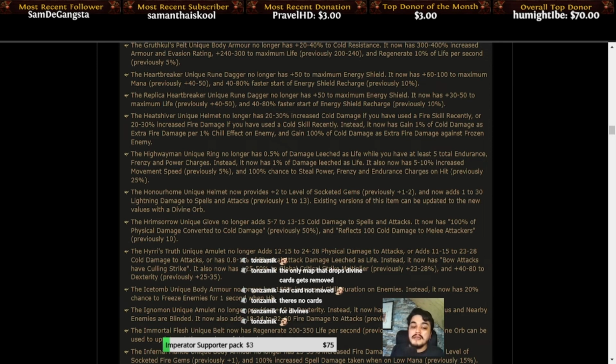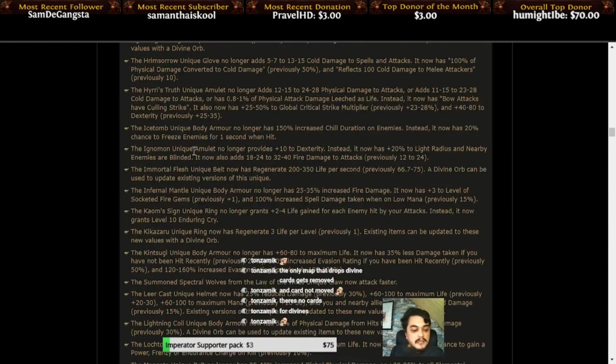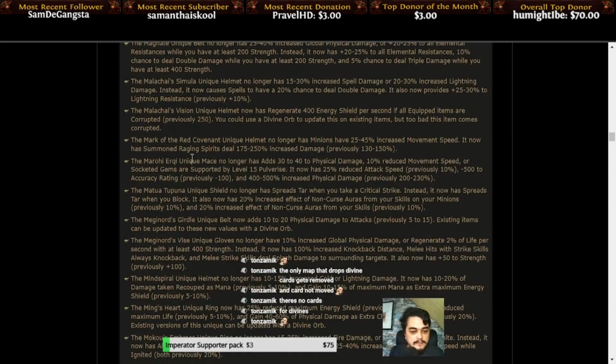I think it may be build enabling. Very, very strong. And Mark of the Red Covenant as well. Where's Mark of the Red Covenant? Here we are. The unique helmet no longer has increased movement speed, but it will now give Summon Raging Spirits